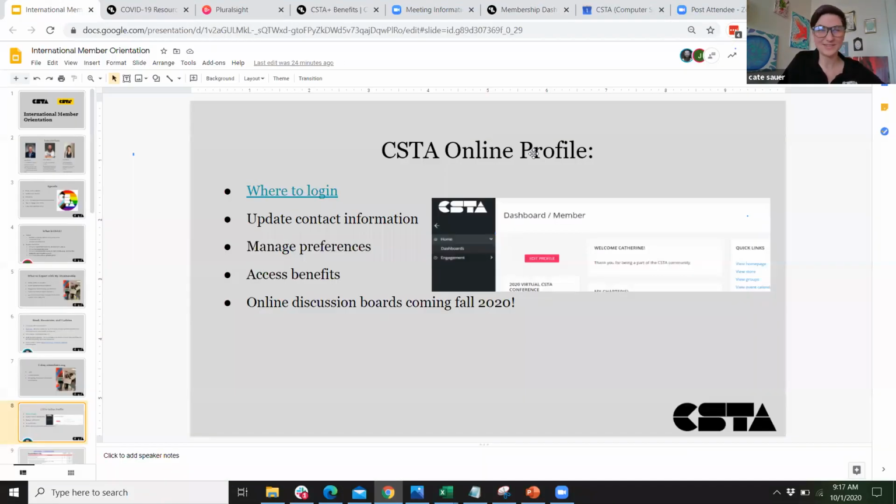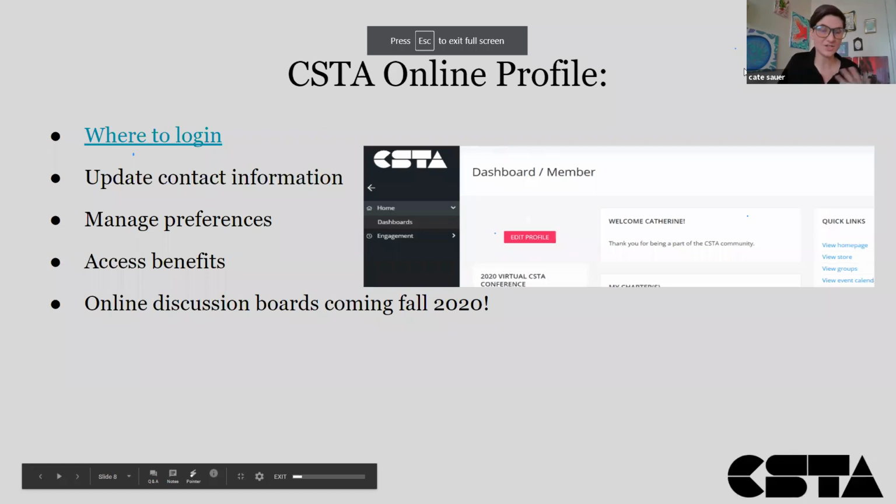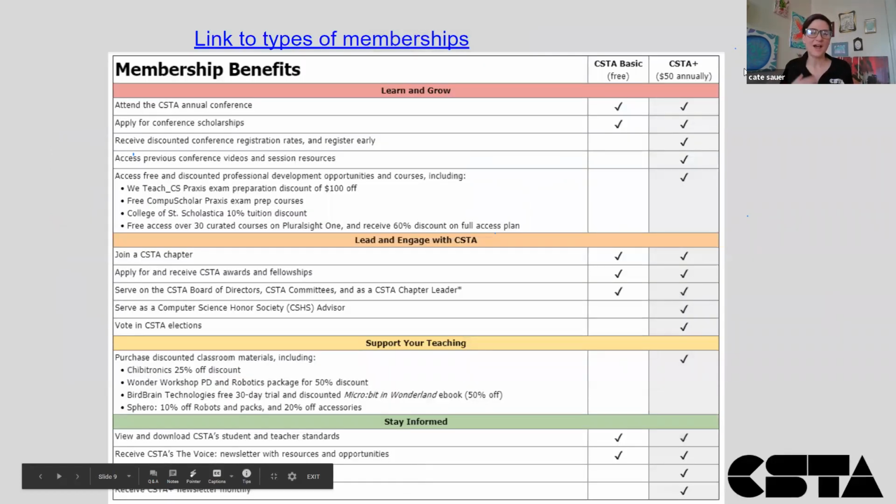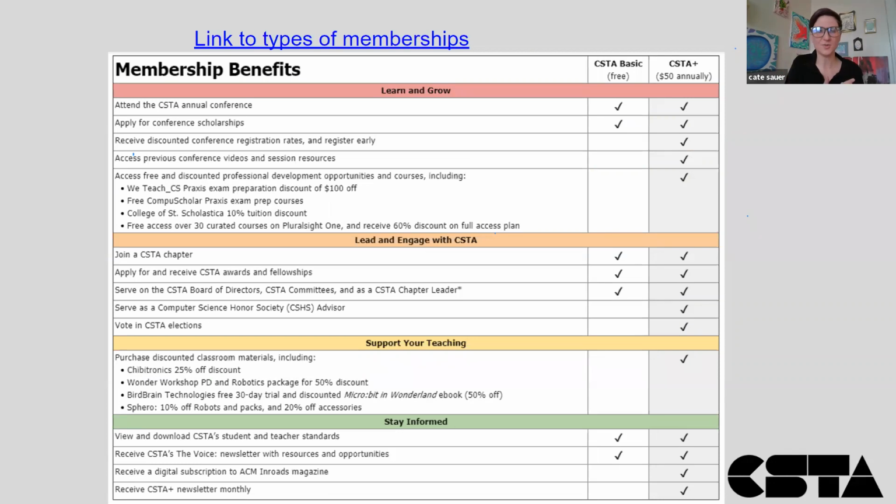So we're going to go back to our slide deck here, and I'm going to talk about different types of membership. Why I'm doing this is in case anything has changed in terms of your needs, but I think this is a nice visual for taking in what is basic membership and what is Plus membership. To give a little bit of context, you can see up here, any member can join for free, right? This is because we know, in terms of accessibility, that teachers are not paid enough or are perhaps unable to afford that higher price.